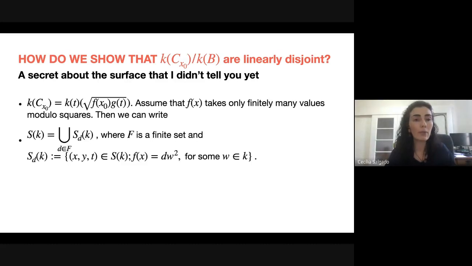And I would be able to write the rational points of my surface as a finite union, but these sets are thin. The problem is that the surface has the Hilbert property. This was studied before by Colliot-Thélène and Sansuc. So S(k) is not thin. If there were finitely many classes of fields that lie above K(B), this would be a thin set, and this is not true. So there is an infinite number, and this set is not thin, and we conclude